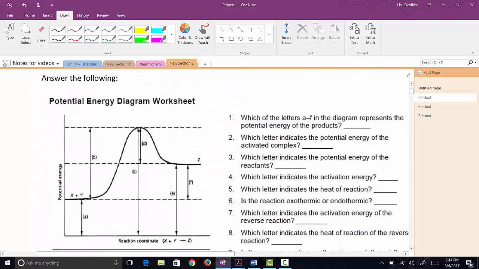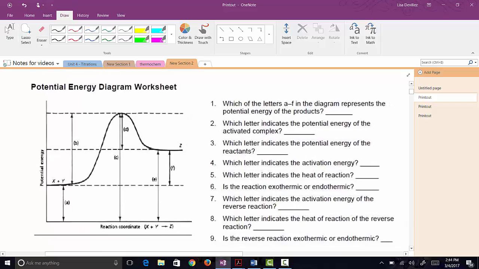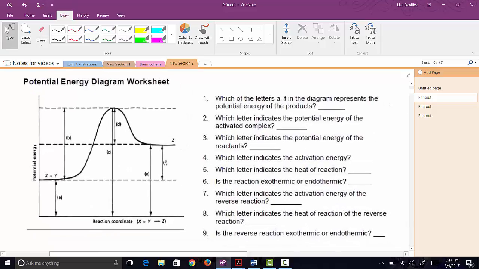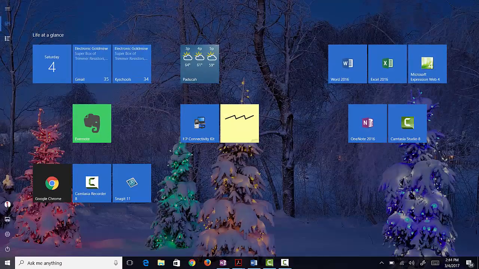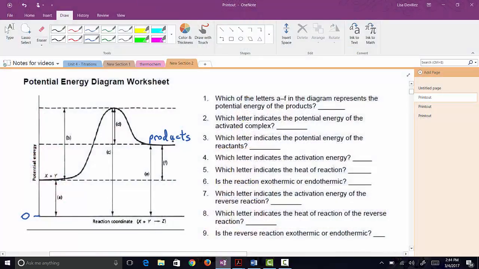All right, so this is a little bit of review, but it's been a couple of weeks, so let's take a look. Here's our energy diagrams, and we've got potential energy on the Y axis, and then our reaction coordinate, or reaction progress, is on our x-axis. So if we look, which represents the potential energy of the product? So we're assuming that this is our 0, and remember that our products are here, and our reactants